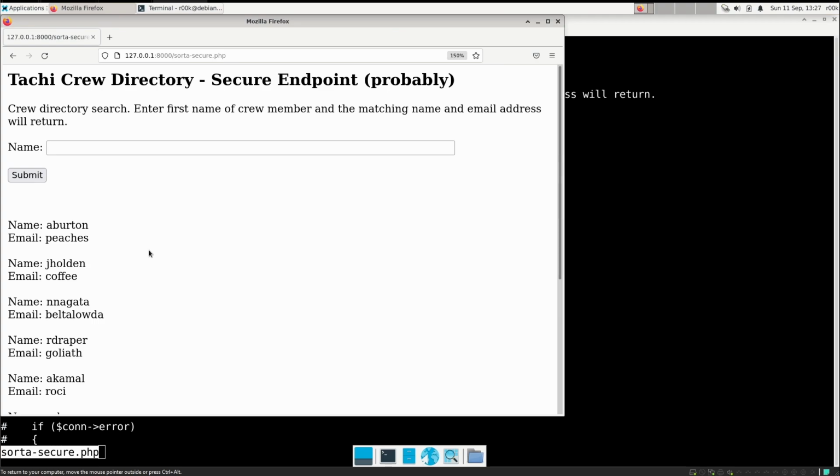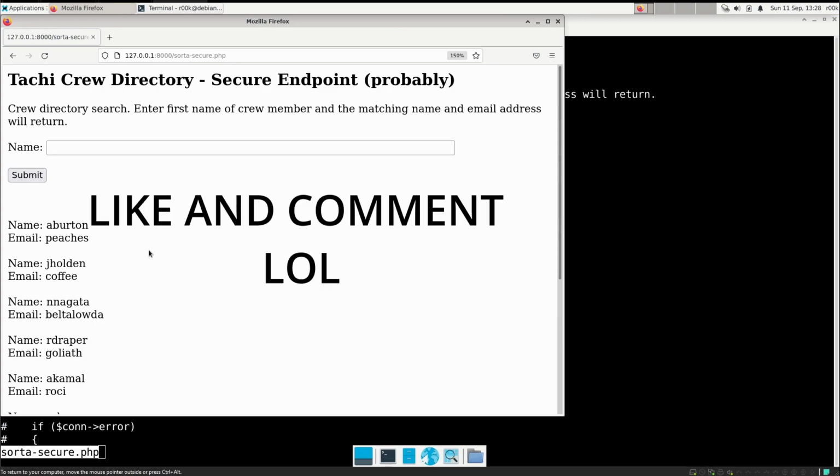And to be completely fair, you can build really complex filter strings that can stop a large percentage of SQL injection attacks. The problem is all that needs to happen is an attacker needs to know just one additional way to run a SQL query that you don't know how to stop, and then they're in. So this is just not a good way. It is not a comprehensive way of stopping SQL injection. That being said, if you have a really cool filter string that you're really proud of, or you're curious how a bypass would work, put it in the comments and let's have a discussion about it.